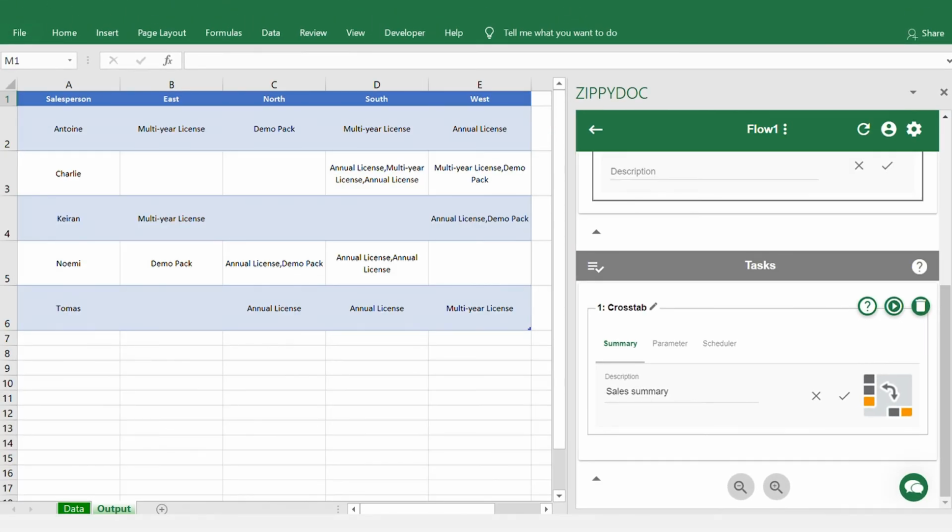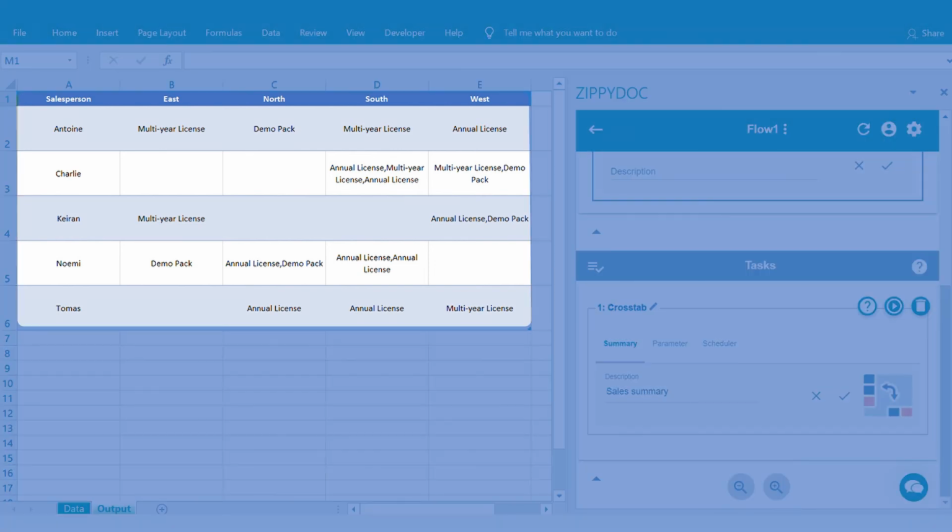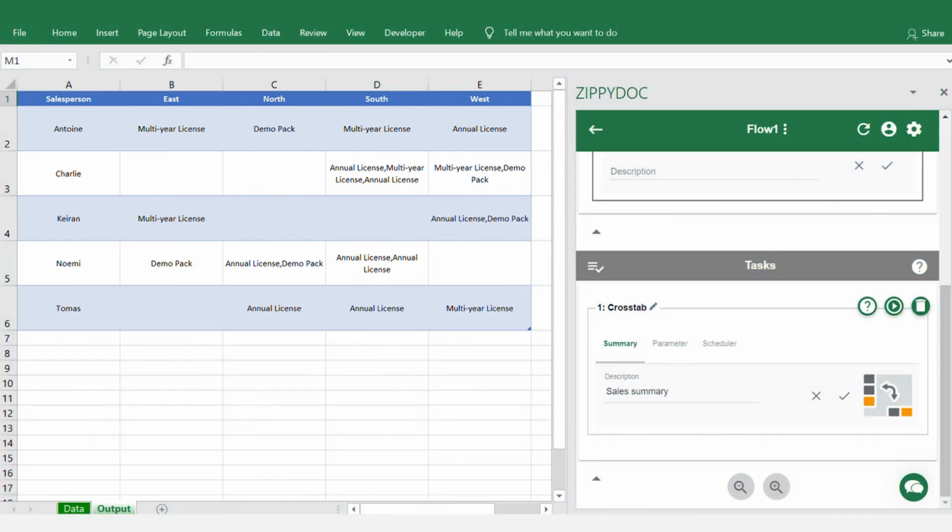Once the task has been executed, a new output table will be generated. We can see that ZippyDoc has created a new tab named Output, which has products summarized for each salesperson in